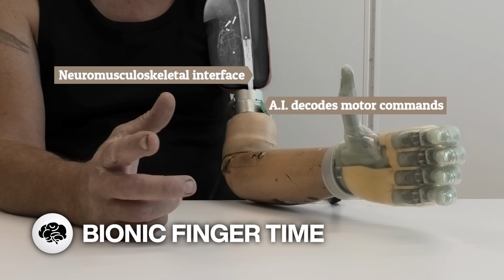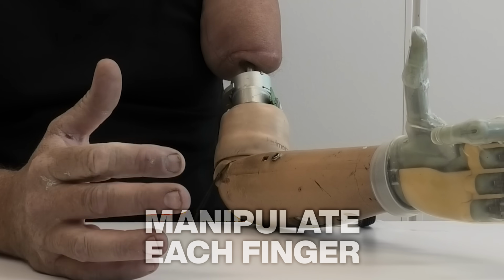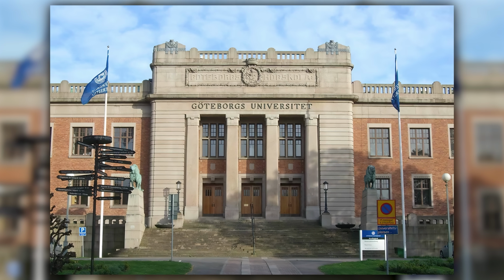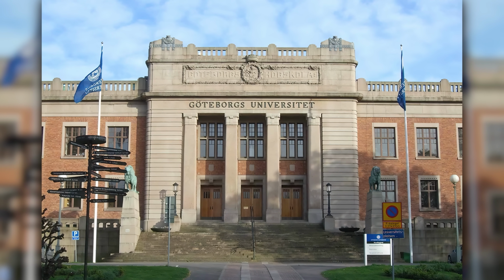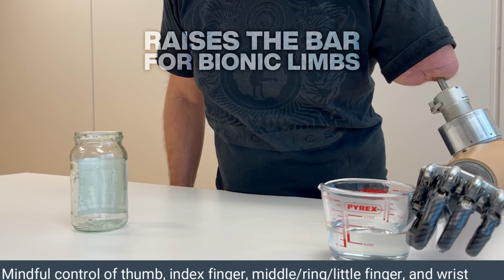It's bionic finger time. A combination of AI algorithms and surgical implants allows amputees to manipulate each finger of a bionic hand. Researchers at the Center for Biotics and Pain Research in Sweden created an electroneuromuscular device that raises the bar for bionic limbs,